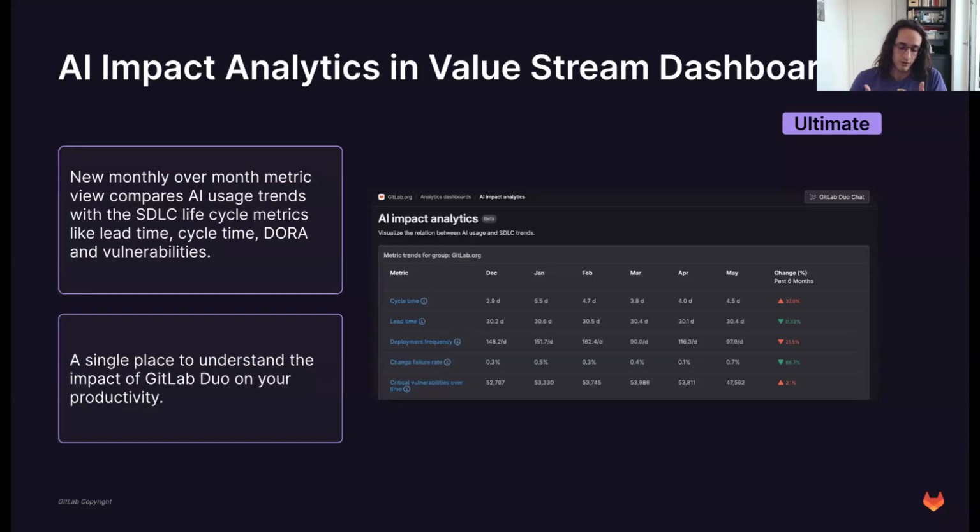Through this, you will be able to see, as a user of GitLab, and as you can see, it's Ultimate only, because this is more geared towards our big enterprise customers, what the productivity impact is on your developers or on your overall team of using our code suggestion AI feature, right? Code suggestion is our feature which you can use to generate code as you type, or ask GitLab Duo for explanations about your code, or how to refactor it, or write some unit tests for it.